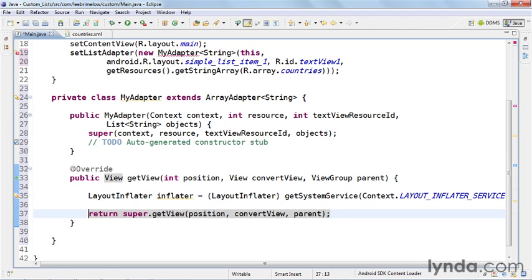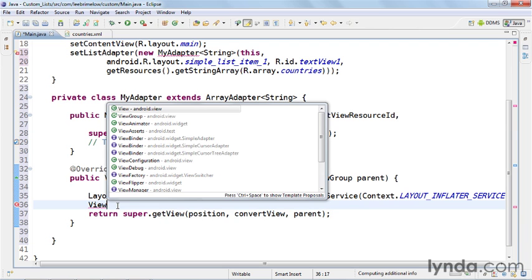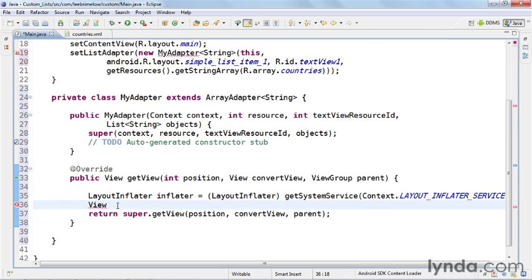Now what we want to do is get to basically the resources in that row. So we want to get the inflated layout information in essence. So what we're going to do is create a new instance of the View class, which is going to represent a single row that's returned to us here in this method. So I'm going to call it row. And now we're going to use the LayoutInflater. So we're going to say